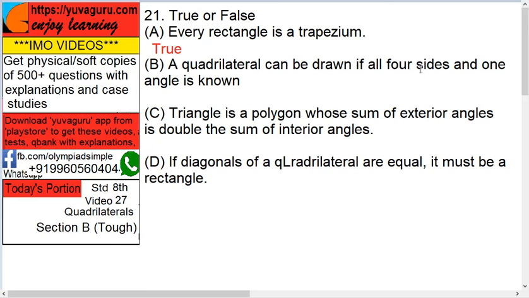Is it so in a rectangle? One pair is parallel. In fact, both pairs are parallel. So the condition of one pair of opposite sides being parallel is satisfied in the rectangle, right? That's why every rectangle is a trapezium. That's true. But the reverse is not true. A quadrilateral can be drawn if all the four